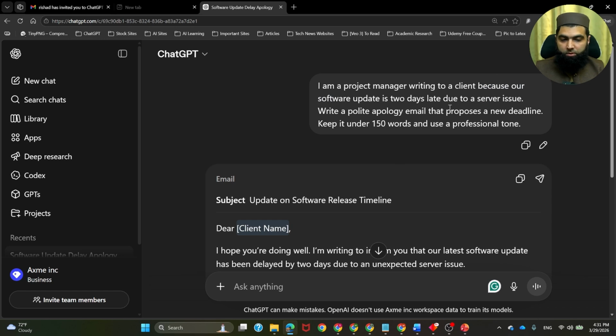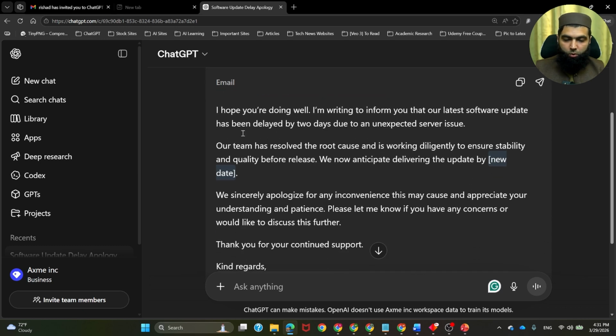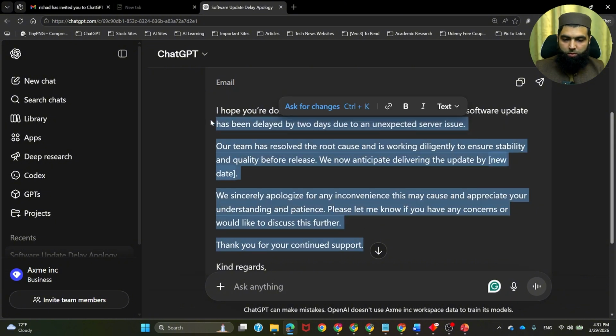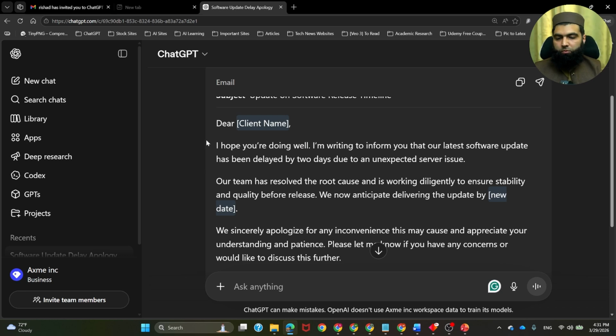So, subject: update on software release timeline, dear client name, and look how it is within 150 words. If you paste it in some word counter, it will show within 150 words.